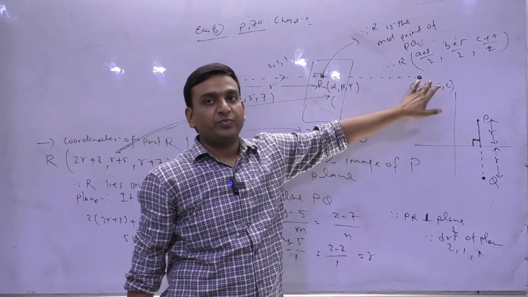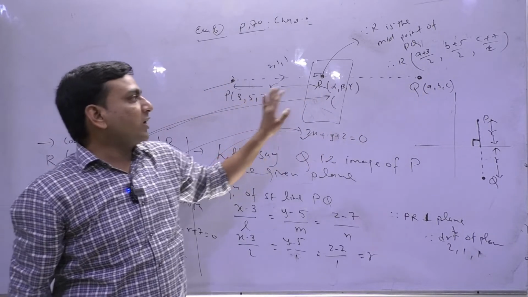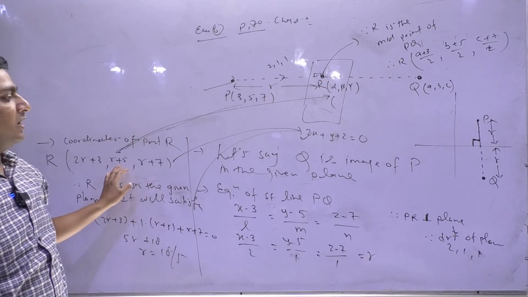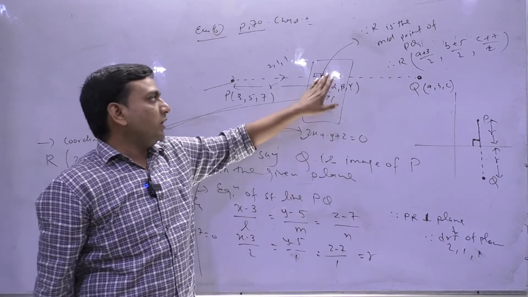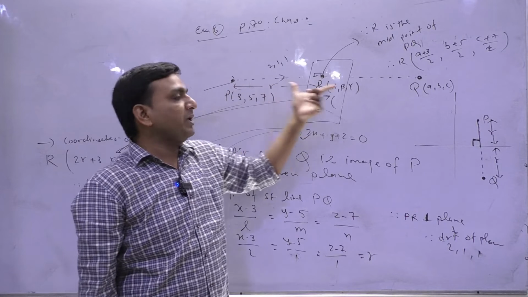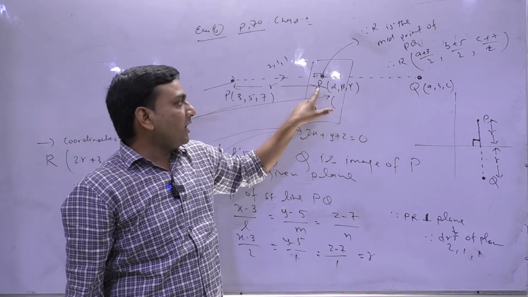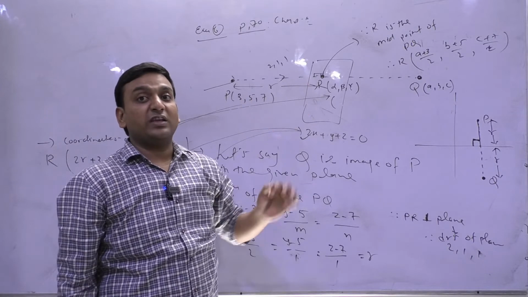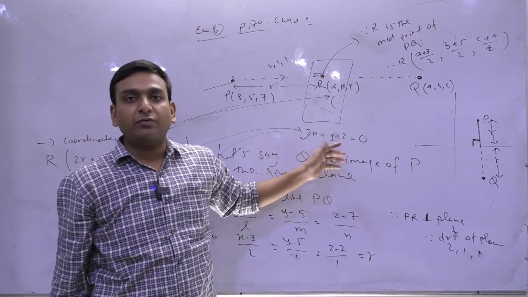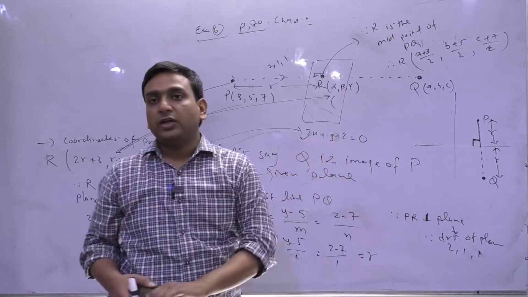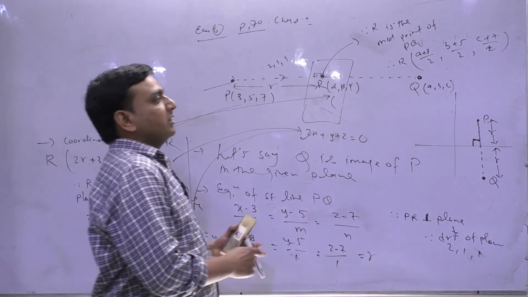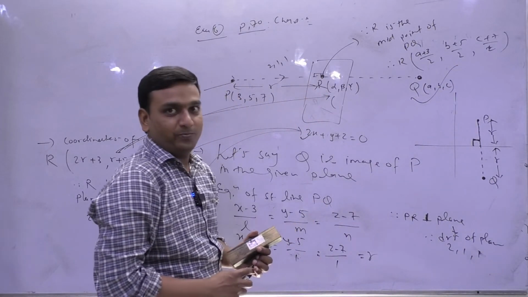The story will be same, the logics will not be changed. So to write the coordinate of q, if this distance is r, तो q के coordinate you can write like this. Now if q is the image of p, then this R will be the middle point of PQ. So write R के coordinate and the final logic is coordinates of R will lie on the plane, will satisfy. So on satisfying you will get the value of small r. So once you got the value of small r, you can write the coordinates of q.